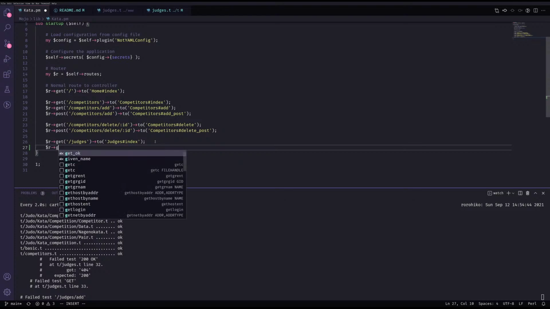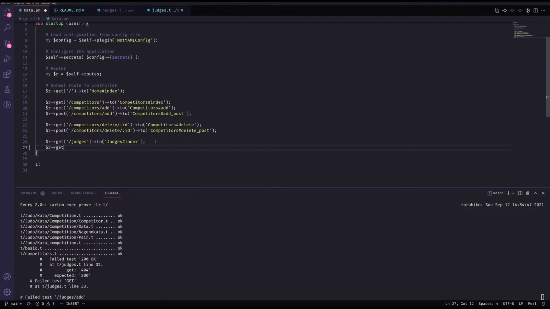we want to add a route for get. And I know you can prefix this, but I'm not. I think it is under something, but just for now, I'm not doing it. I'm going to add a judges add route. And that goes to, and this is where we add the controller. So it'll be my judges controller. And it'll be add, something like that. And this will fail horribly. So it's got a 500, which is what you'd expect because there is no add route in my